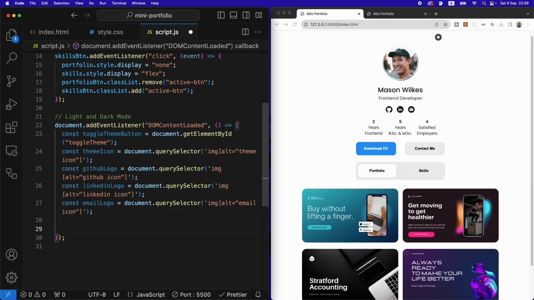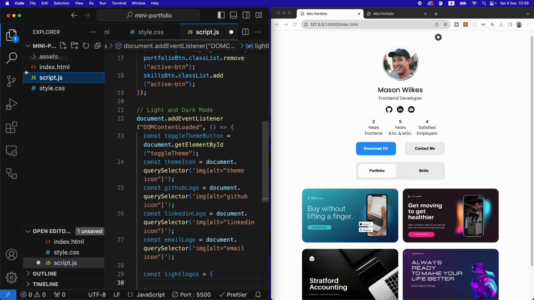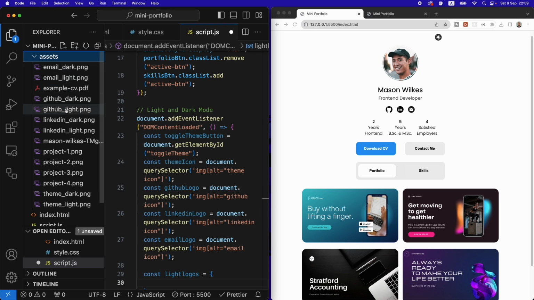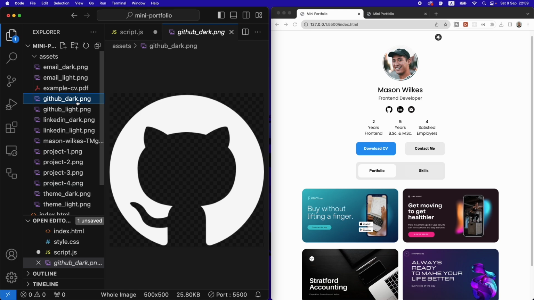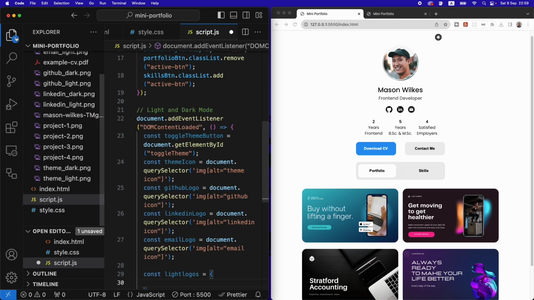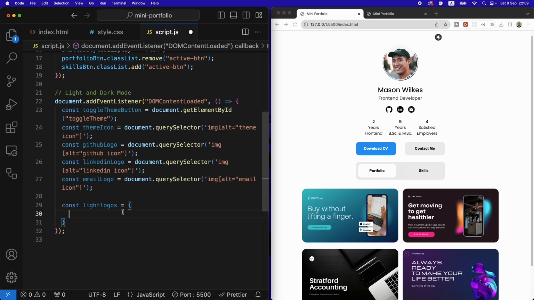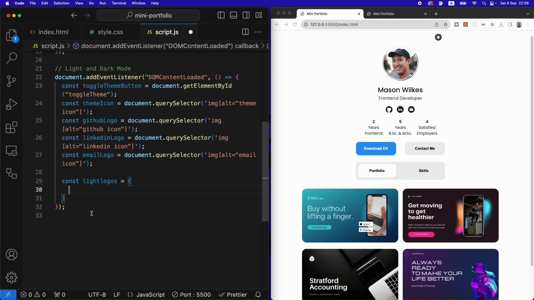Then the next thing we're gonna create is constant for the light versions of these logos. And this is where we're referencing the light versions we have in our asset folder here. So this is the light version and this is the dark version. We are going to reference them here because we're going to use it to switch between them. So for the GitHub,